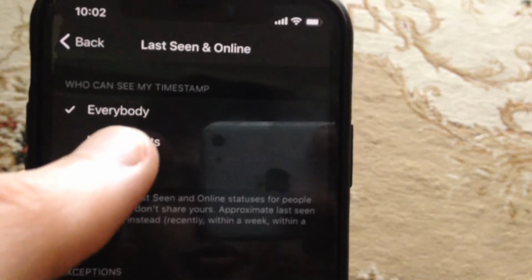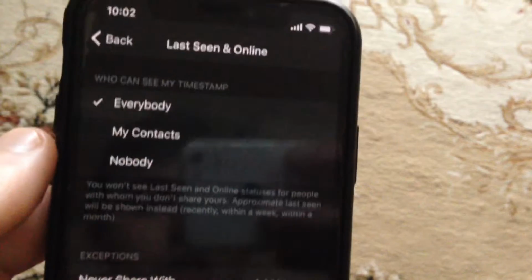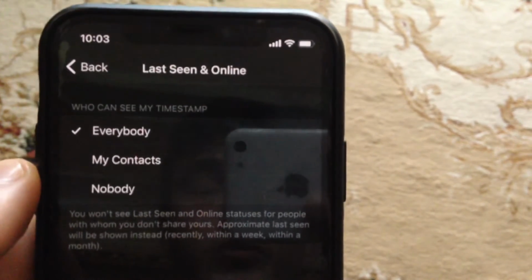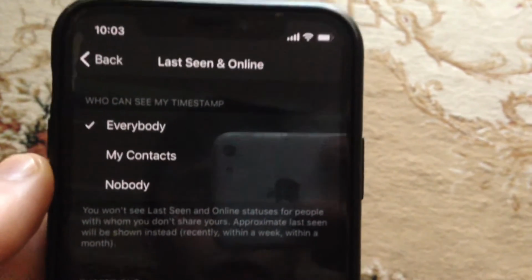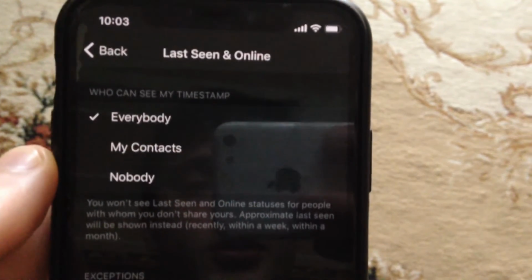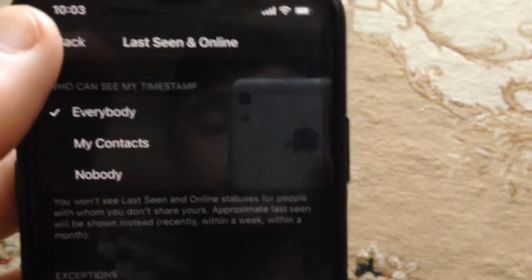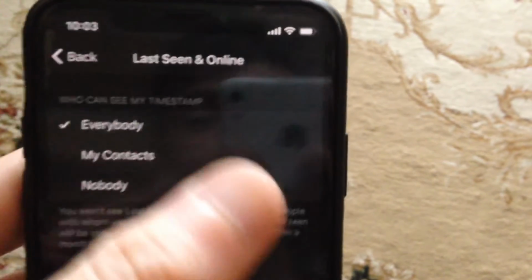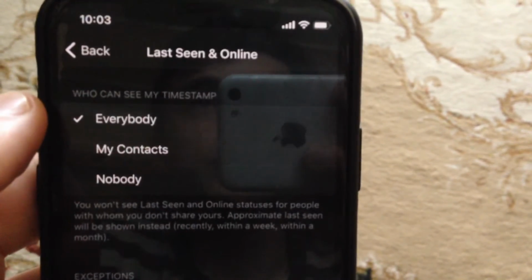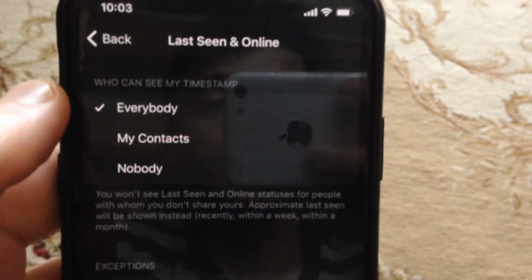So here you can see everybody, my contacts, nobody. So if you choose nobody, no one will see when you were online. And also this is the way how you can also do it. So just choose nobody and no one will see when you